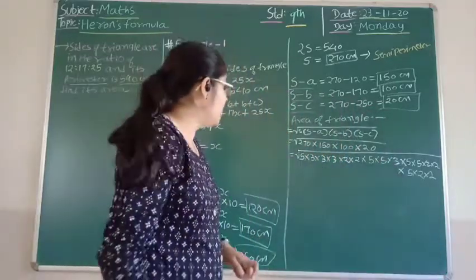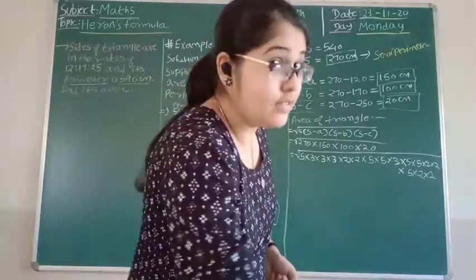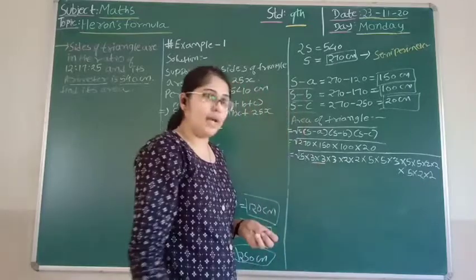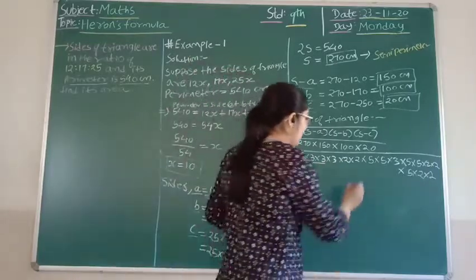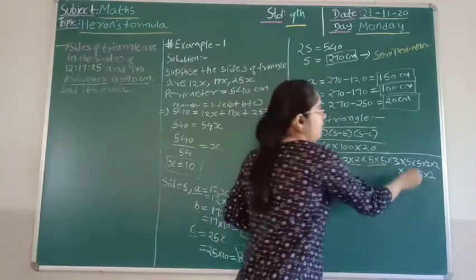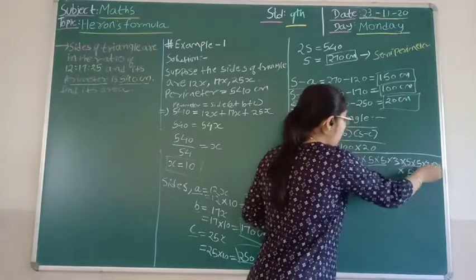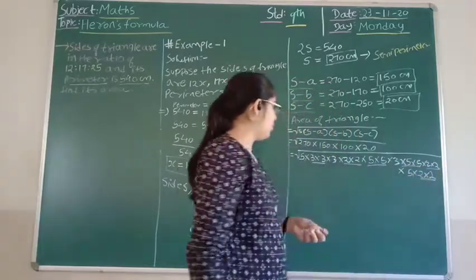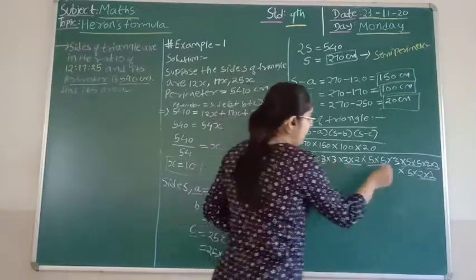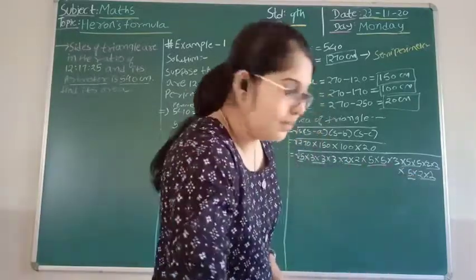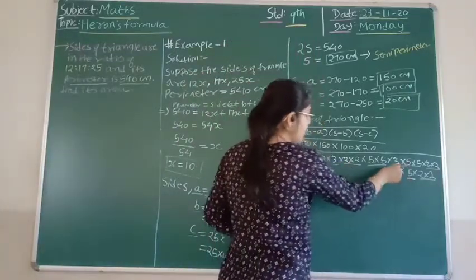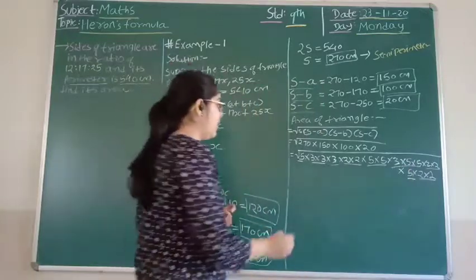Now try to make pairs of this as you have done in previous sums. See, this 3 into 3 will be one of the pairs, right? Again this 2 into 2 will be one of the pairs. 5 into 5, 5 into 5, 2 into 2, 2 multiplied. Now I am just highlighting this as this 5 is making a pair with this, and this 3 will make a pair with this 3. So students, I can write further as